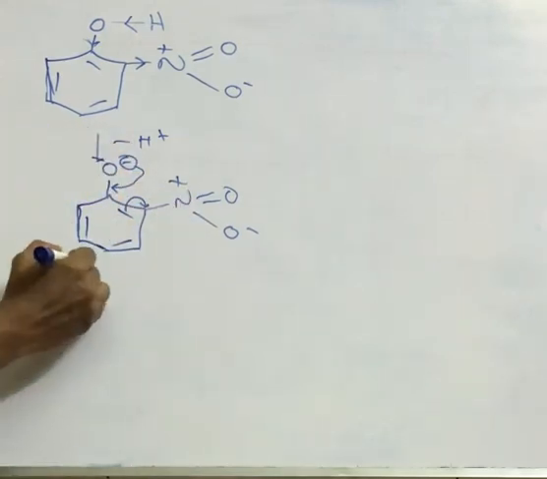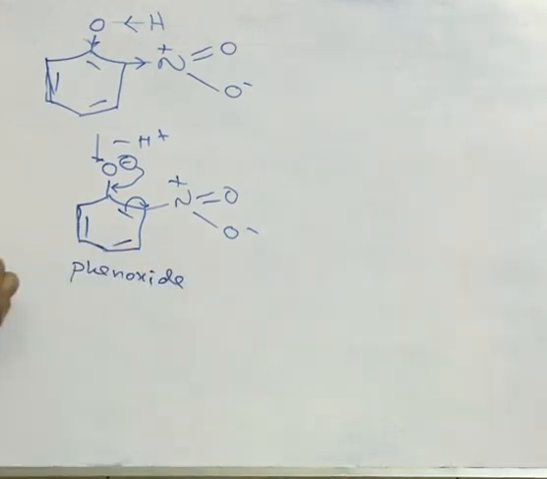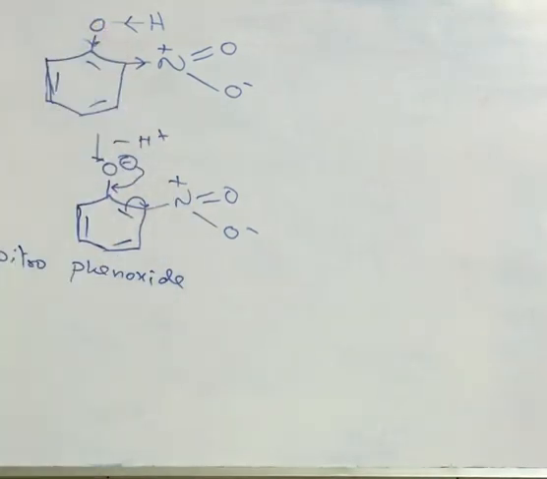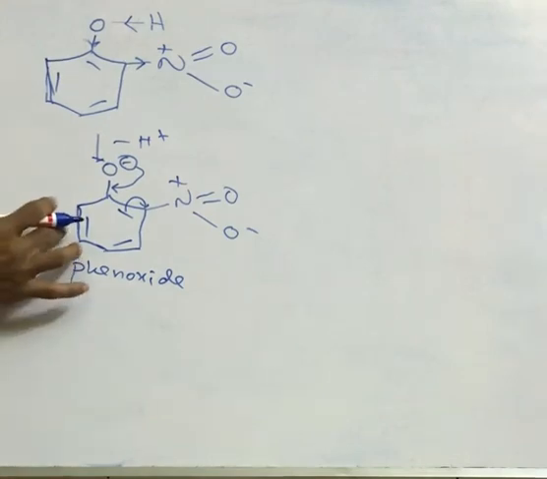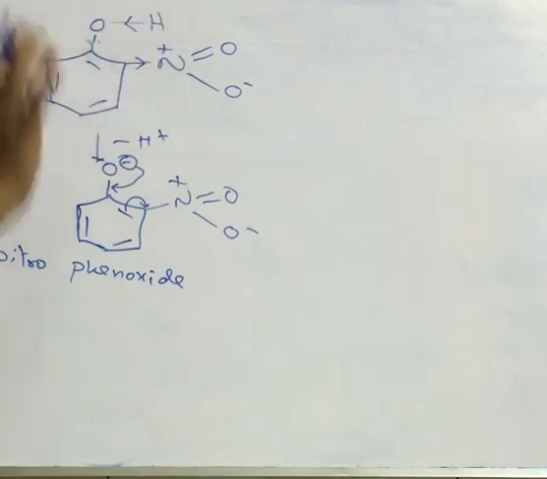That means the phenoxide ion, that is nitrophenoxide, is better. Nitrophenoxide ion is more stable because of the resonance effect, so the nitrophenol easily loses H plus, so it is more acidic. So this is the way one can tell whether it is acidic or not. Then another one is